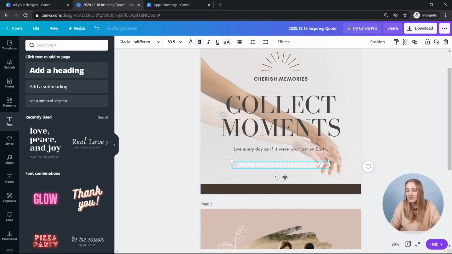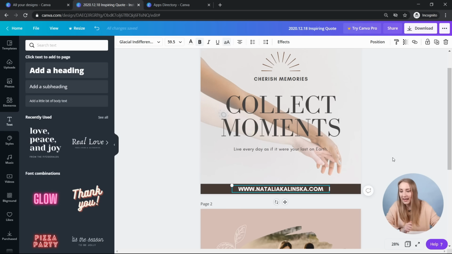So if I've got that, I can just move it down. And as you can see again, straight line in here, completely solid. That means I'm right in the center of this particular graphic. But then down at the bottom, you can see that it's aligned to the center of that shape. And you can see it by that dashed line. So this is where I'm putting it in here.